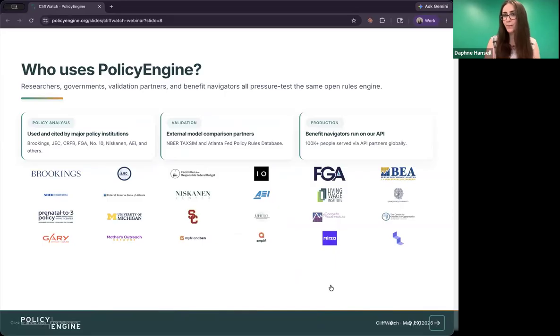Pass it back to Max for more PolicyEngine background. Yeah, so this is one of many kinds of tools that our external stakeholders and users of our software have developed. Our mission is really to democratize evidence-based policymaking by providing this infrastructure for computational policy analysis. So I just wanted to highlight a couple of our users. The Joint Economic Committee recently used our software to build a tool that estimates the net fiscal effect of different kinds of immigration policies. The Bureau of Economic Analysis is using our software to estimate the distributional national accounts,